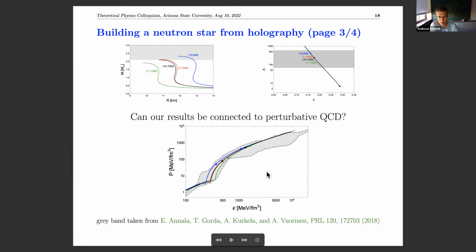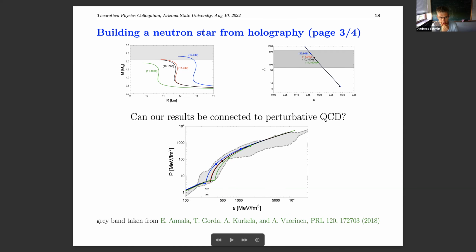This plot I want to spend a minute explaining. I just copied the one from another paper, but let me explain this plot here. So this is now the equation of state. So pressure versus energy density, again, in physical units, for the values that I've chosen on the previous slide. So for 4 different cases, 4 different colors.